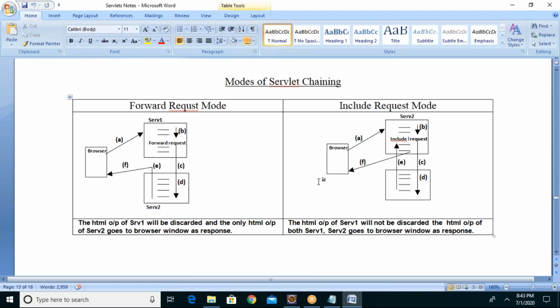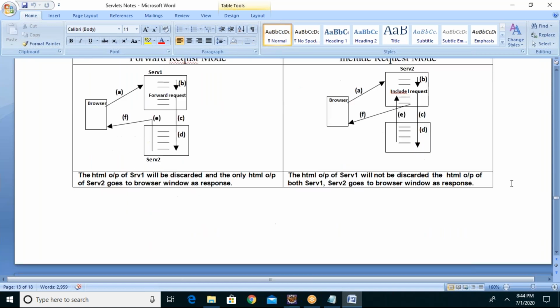Are you clear? So forward means only the target servlet's output will be displayed on the browser. In the include mode, both the current servlet's and the next servlet's output are included and go to the browser, guys. Am I clear to all? Okay.